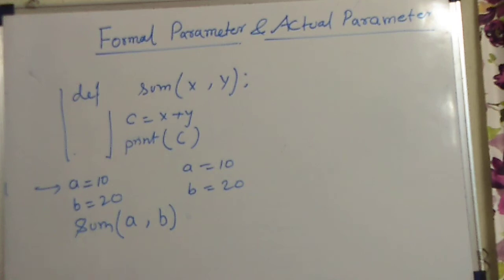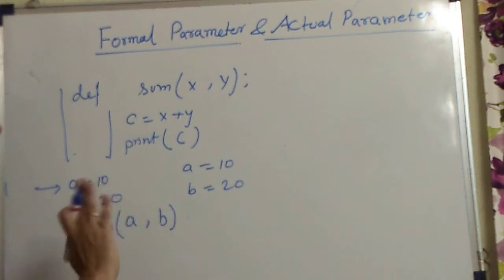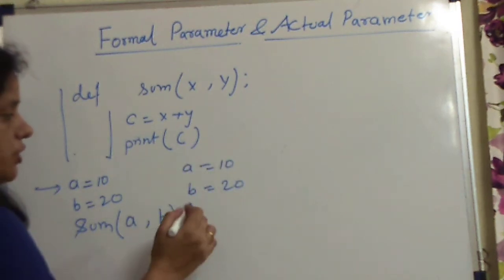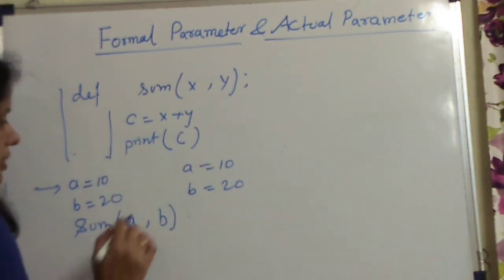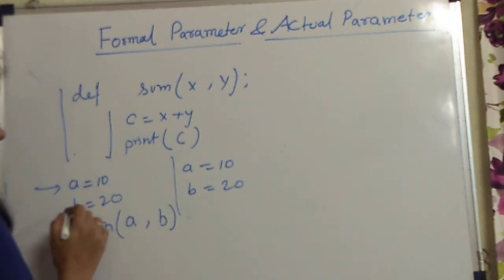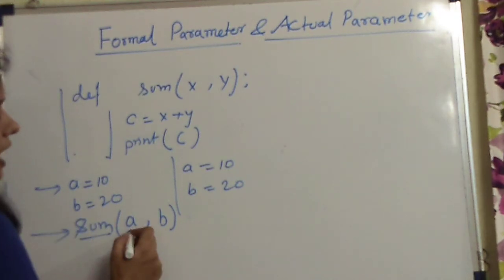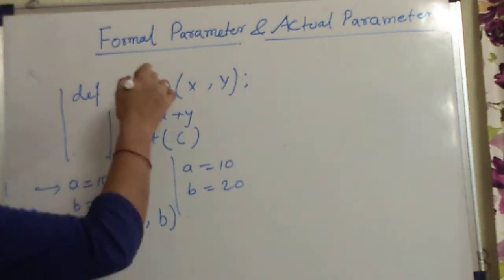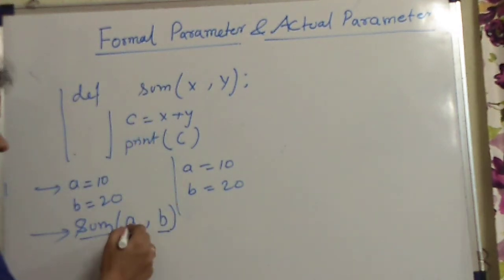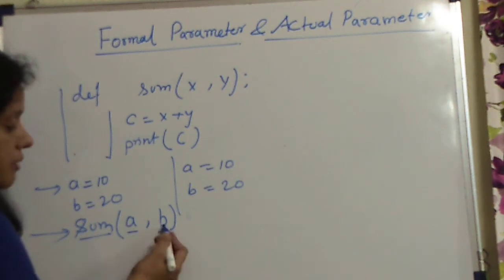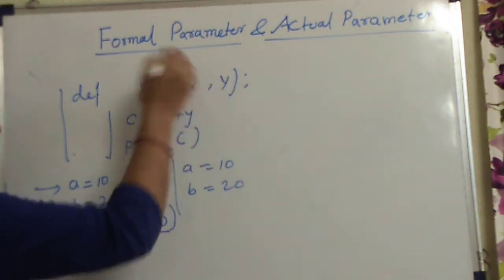As I have explained in the previous example, mutable, immutable, and how the data is organized in the memory, the same thing happens right now. But in this part I am just referring that a is holding value 10 and b is holding value 20 in the memory. And this is the function call statement, right? This is the function name and this is the value which is passed to the function definition, a and b. Instead of variables you may also write a direct value. Any expression can also be passed, right? So the values of the variables a and b are passed to this function.